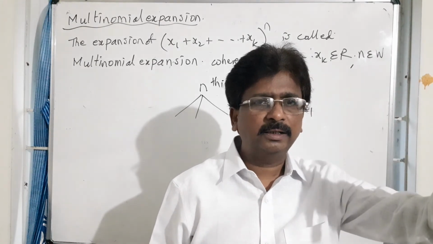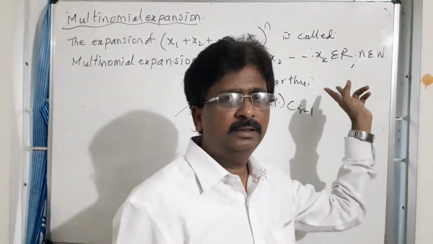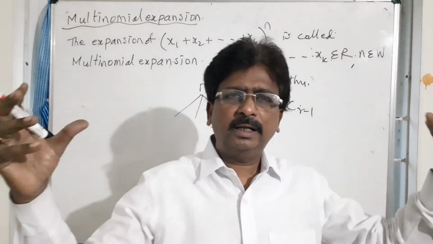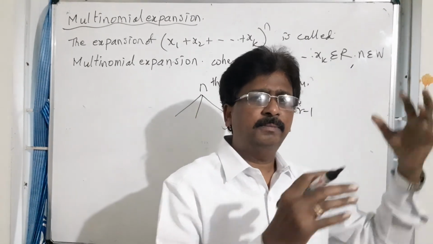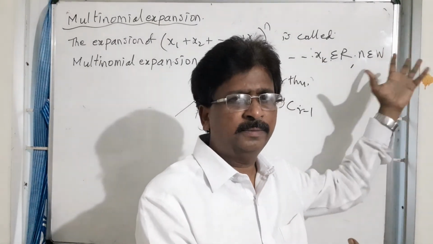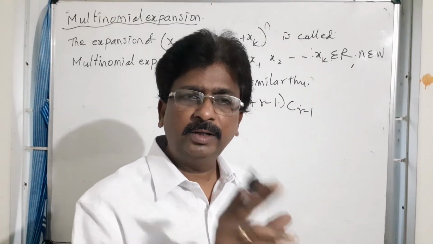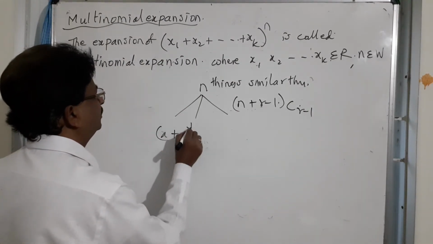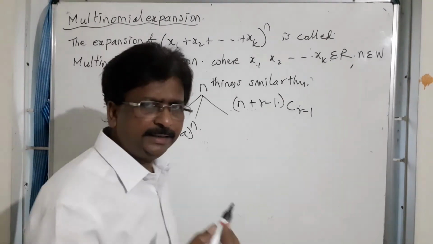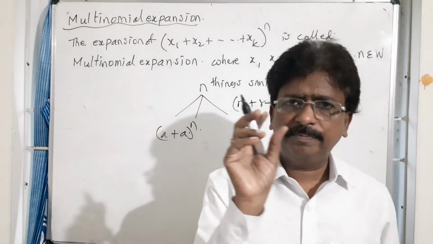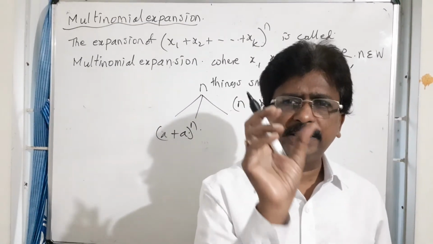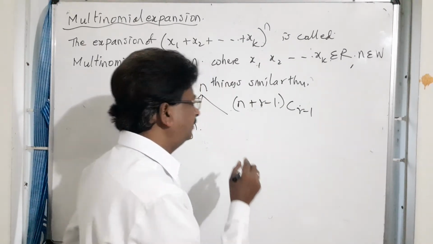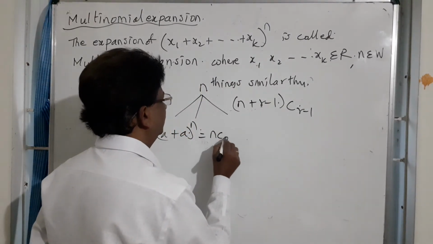According to that condition, the number of ways of giving is n plus r minus 1 C r minus 1. What is the connection between the number of ways of giving and the number of terms? Now, if you observe the binomial expansion, (x plus a) whole to the power of n, we will write the x power and a power in each and every term.